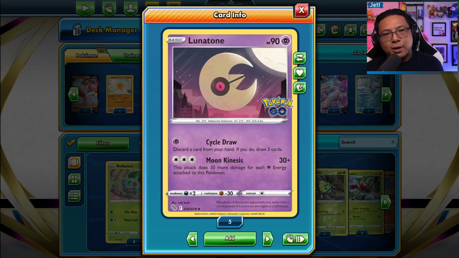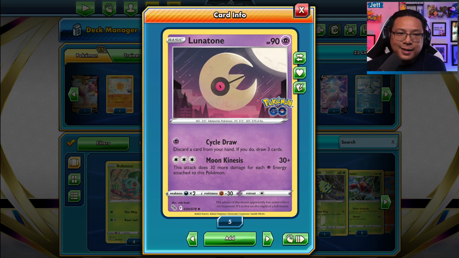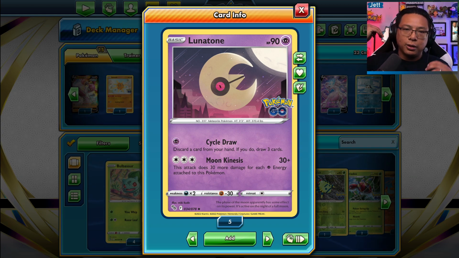So you lost to Solrock Lunatone yet again. I get it. It's rough playing against the Solrock Lunatone deck. These super annoying Sun and Moon Pokemon. They have very low HP, but it just seems like there is a relentless wave of damage, and it